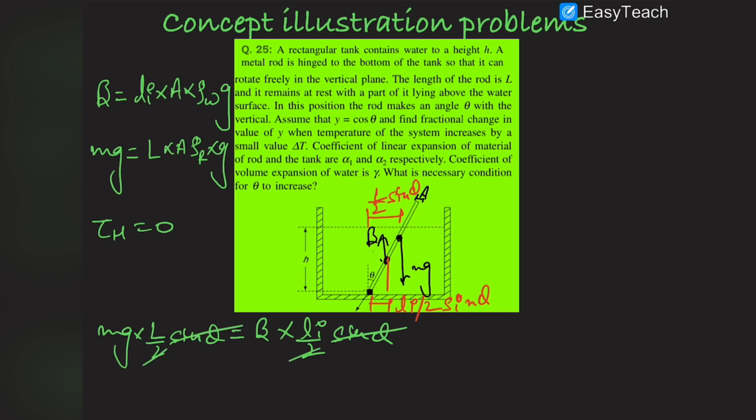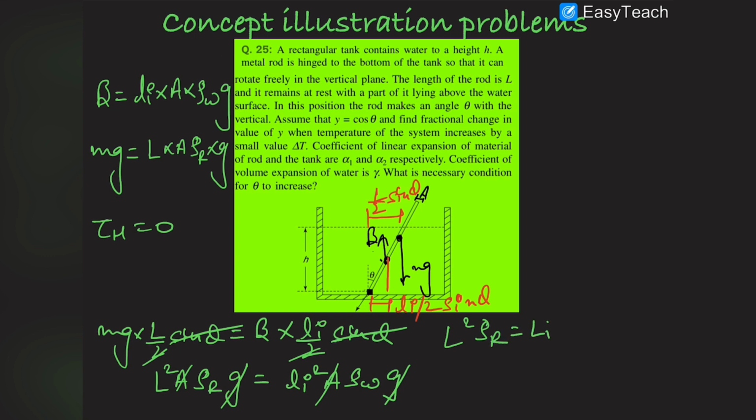So we can see that mg, we can replace the value of mg, which is L A rho of rod into G. So this is L into A, this is L square because here is also an L. So mg into L is equal to L square A rho r G, and buoyancy will be equal to L immersed square A rho W into G. Cancelling G with G, and cancelling A with A also. So L square rho rod is equal to L immersed